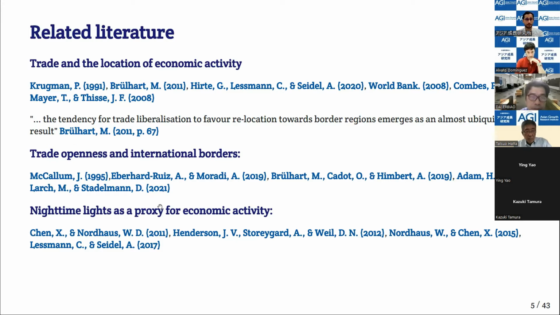So we have the seminal paper by Chen and Nordhaus, which, if I'm not wrong, was published in the American Economic Review. And in this paper, they show that whenever we don't have GDP data, we can use night times as a proxy. They show that if we compare data for GDP and data for night lights, these two are highly correlated. So whenever we do not trust the statistics or we do not have them, then nighttime lights are probably one of the best proxies for regional or national economic activity. As a summary, as a proxy, it's not perfect, but it's one informative source.